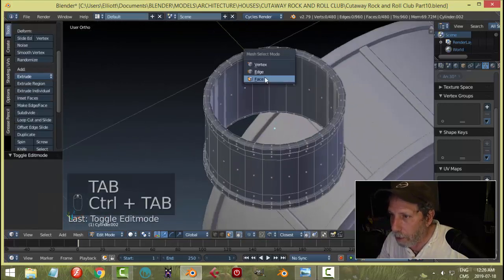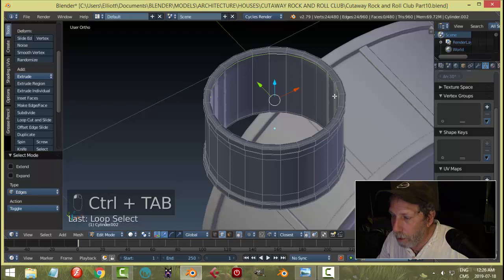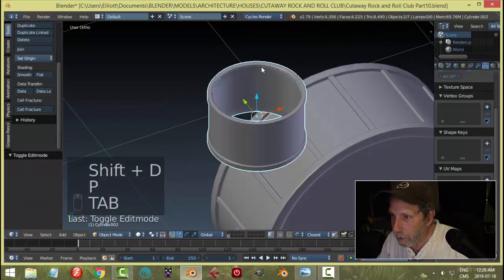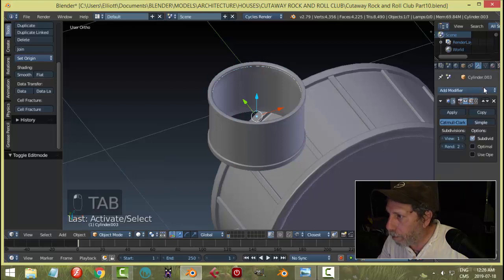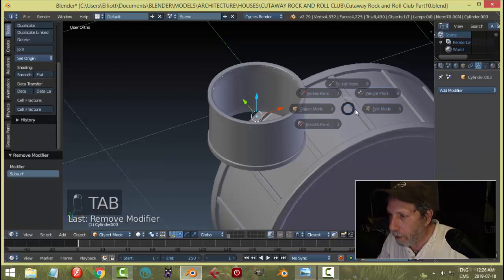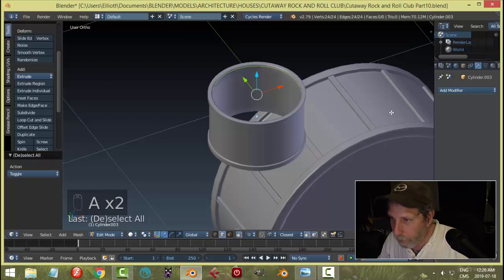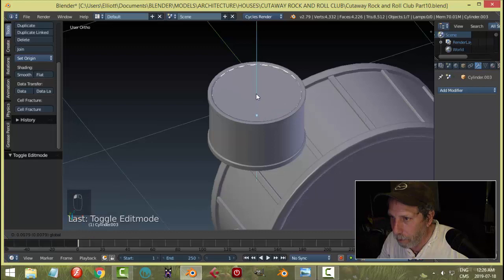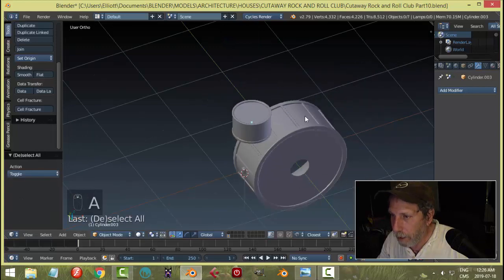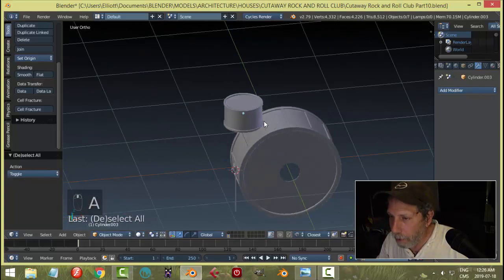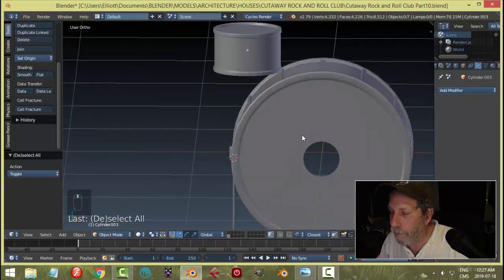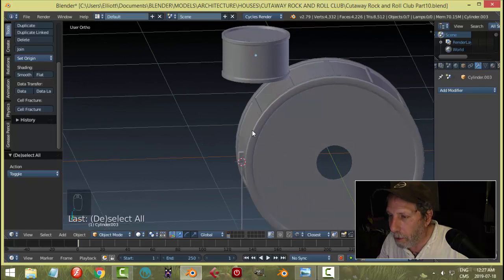Then you can do the same thing. You can come in and grab one of these edges, Shift D and P. You get that edge, and you probably don't need the subdivision surface on it. Go into edit mode, and for that you can just hit F to make a face, and you probably don't even need to give it any thickness. Just pull it to where you feel you need it. Very quickly you could have your toms, and then depending on how you want to connect these,